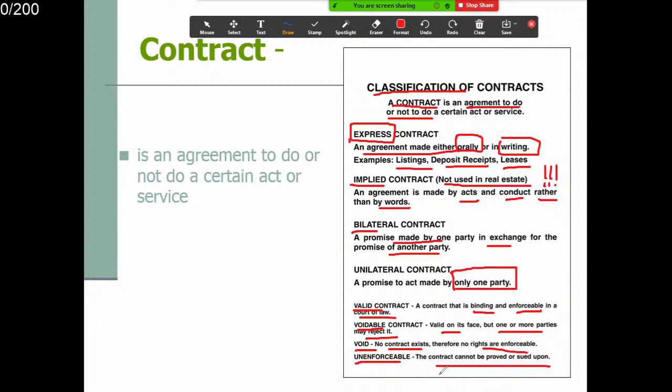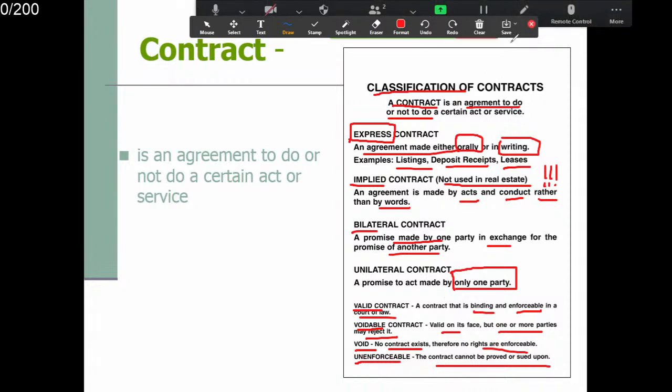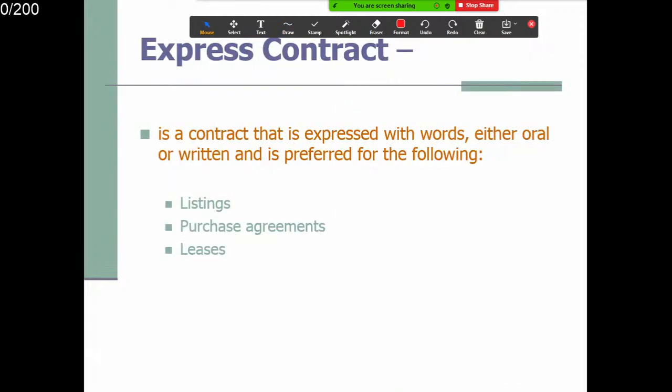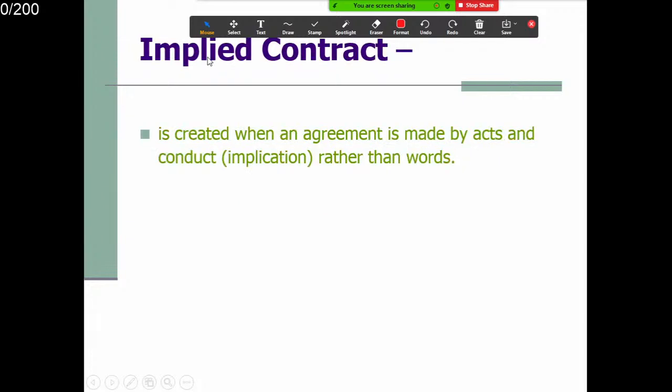Okay, the contract cannot be proved or sued upon. Okay, 打官司用不上这类的协议，OK，因为在法庭上面它没有效，OK，这是 unenforceable。Express contract, okay, we're going into repeat mode right now, okay，我们再重复一下，OK，表达的，OK，这是 listing contract expressed with words, either oral, okay, or written, okay，嘴巴说的也算数，OK，写下来也算数，OK，这个叫 express contract。